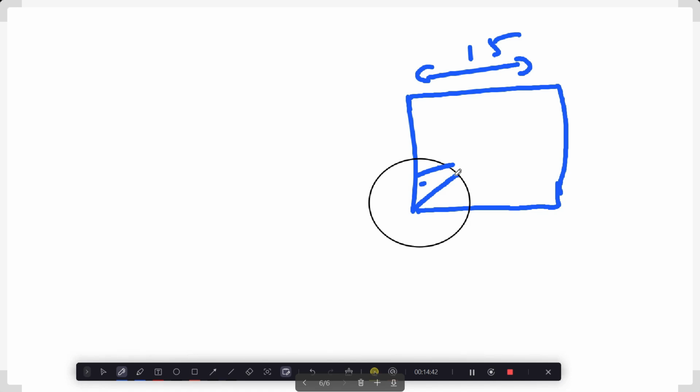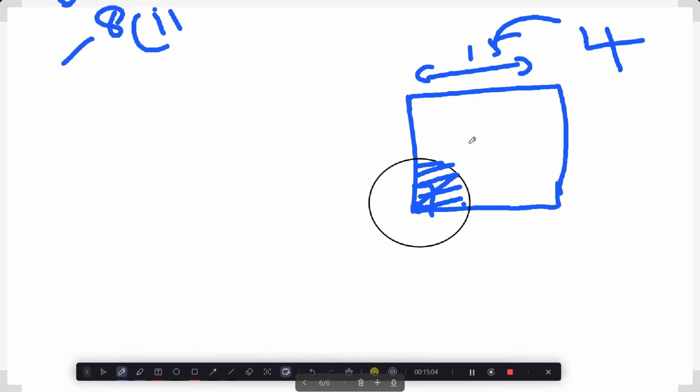So this is the area that the horse is grazing. It is a segment of a circle, and it's actually a quadrant. 90 degree है ना. इसमें ये length जो 15 दिया है ना, is just to confuse you guys. No use at all. Okay, so this is question number 8, part 1 that I'm doing. You have to find the area of this part. They're saying that the area of that part of the field in which the horse can graze.